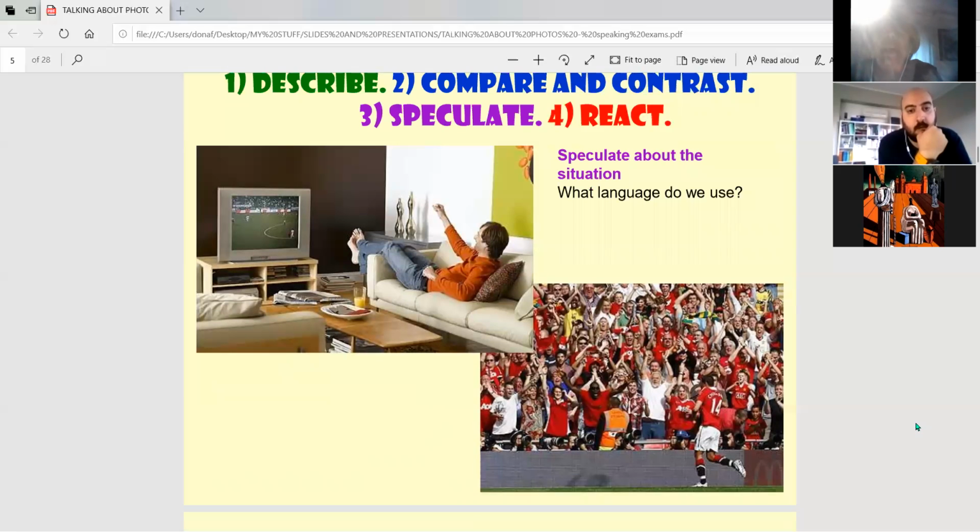So what kind of language do we use now? Okay, probably the man in the picture on the left is watching his favorite team in a football match, and probably it is a good moment for his team, and he is cheering. And in the photo on the right, probably, I don't know, but probably it is the same moment in the stadium, and